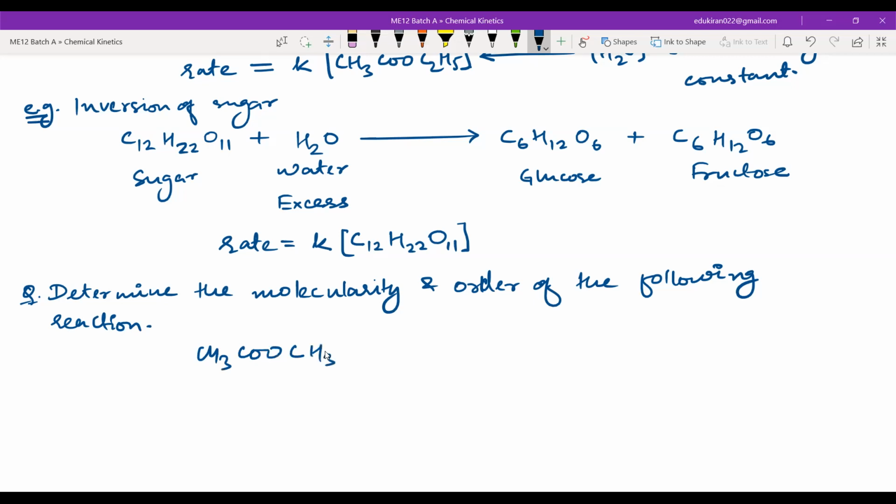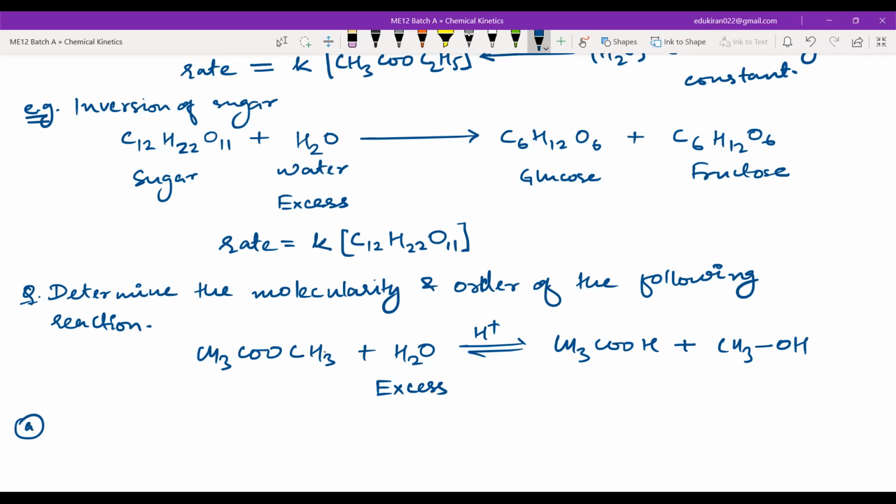Sometimes it is given as reversible, but if it is given as reversible, you don't have to worry. This is the reactant, and that's what you have to remember. H plus, and this will give you CH3COOH plus CH3OH. So the options are: the molecularity 0, rate is 1,